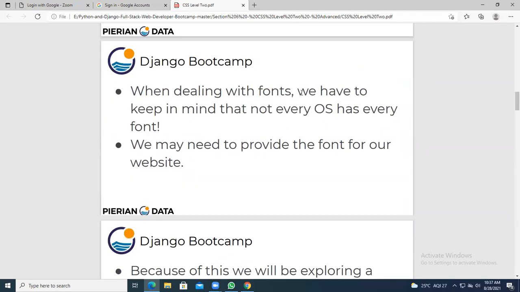When dealing with fonts, we have to keep in mind that not every OS has every font. Can you name some of the font names in the chat box?